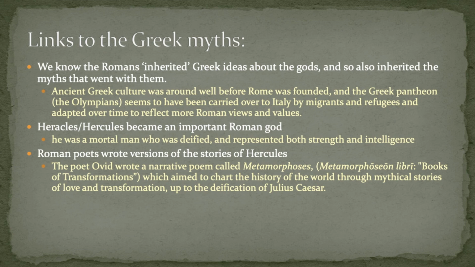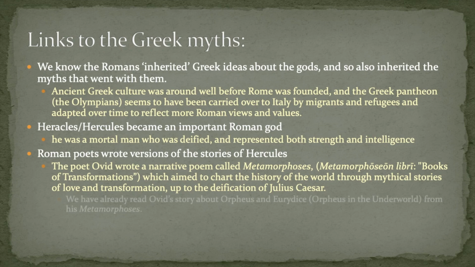And his death, people argue, ended up creating what became the Roman Empire with his adopted son Octavius, who became Augustus, the first emperor of Rome. And you can see why a Roman poet who was living during the period of time that Augustus was the first emperor might well want to write a poem that leads up to the deification of Julius Caesar to show the popularity of Julius Caesar. And that is a transformation from a mortal man to a god. So you can see how including Hercules, who also becomes a god, would be quite appropriate within this group of